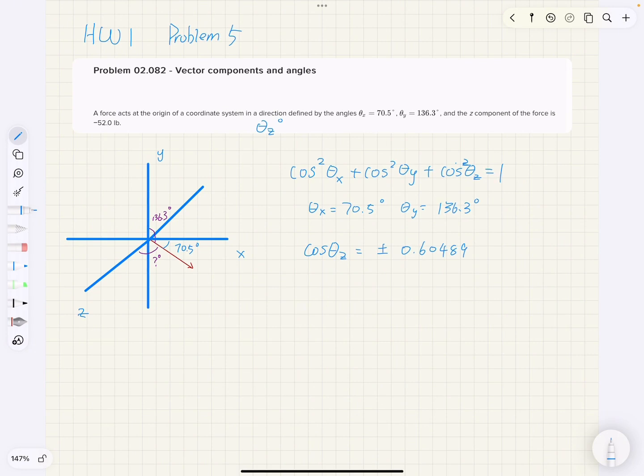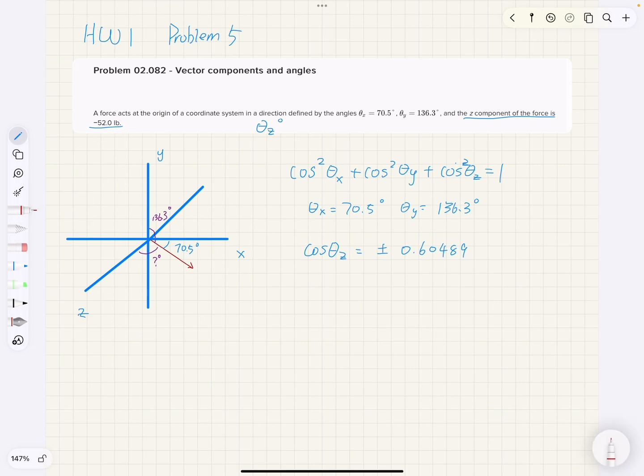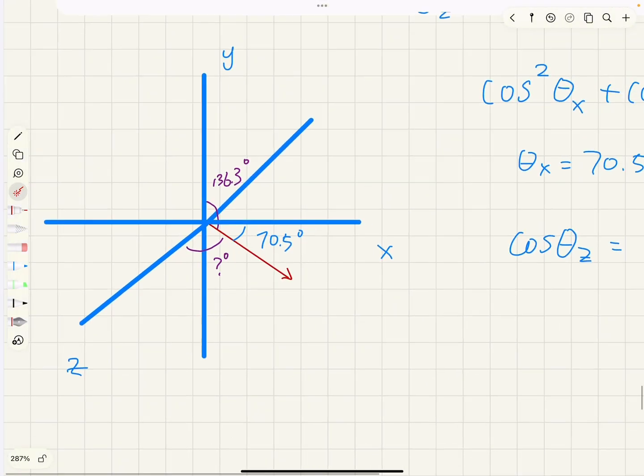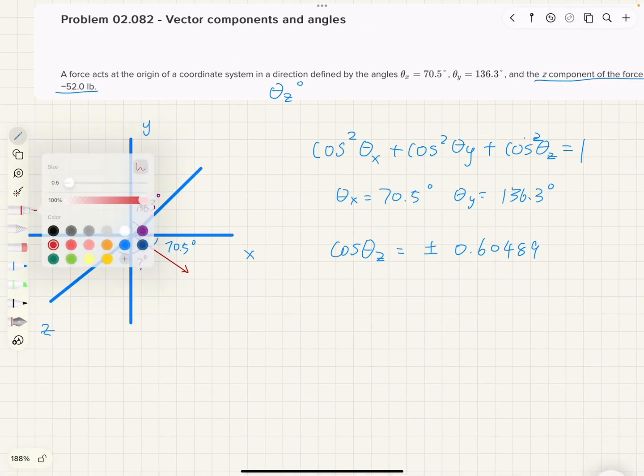But how should we know if it is positive or negative? That's where we use the z component of the force. Since it's negative 52, we can see that the vector is pointing with a z component in the negative direction. So this is into the page, if you can imagine that. So we have delta y right here, delta x right here,